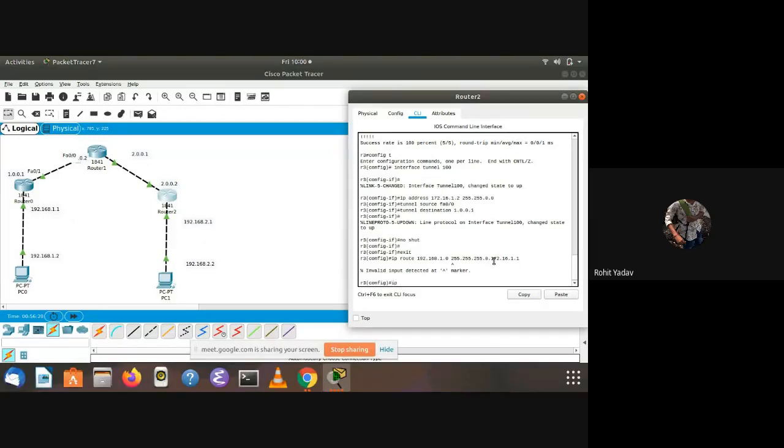Okay. IP route 192.168.1.0 255.255.255.0 172.16.1.2.